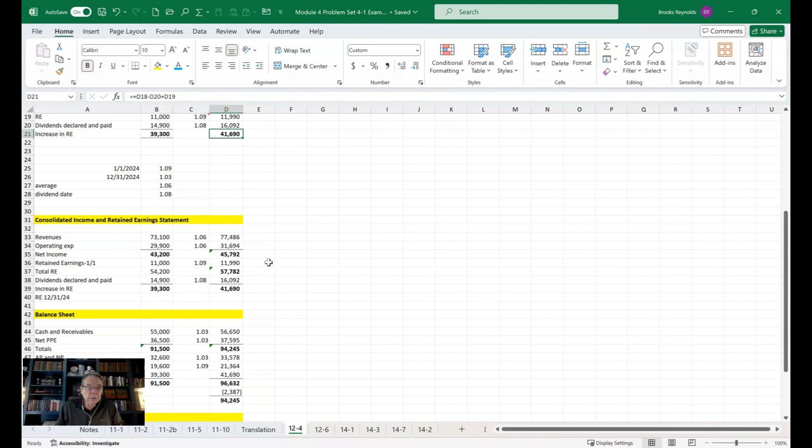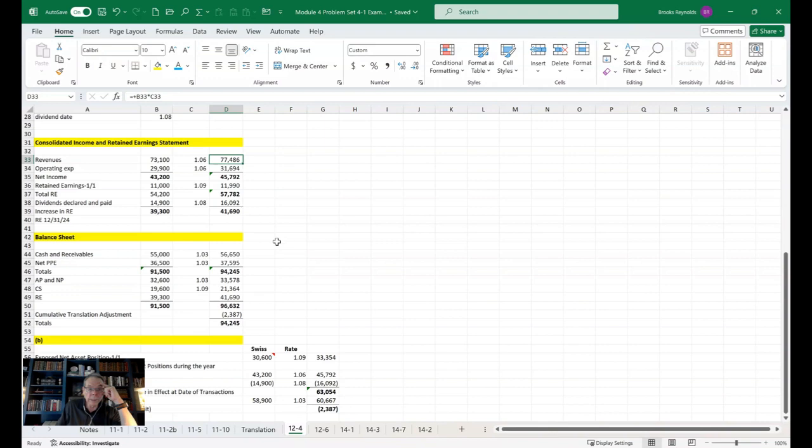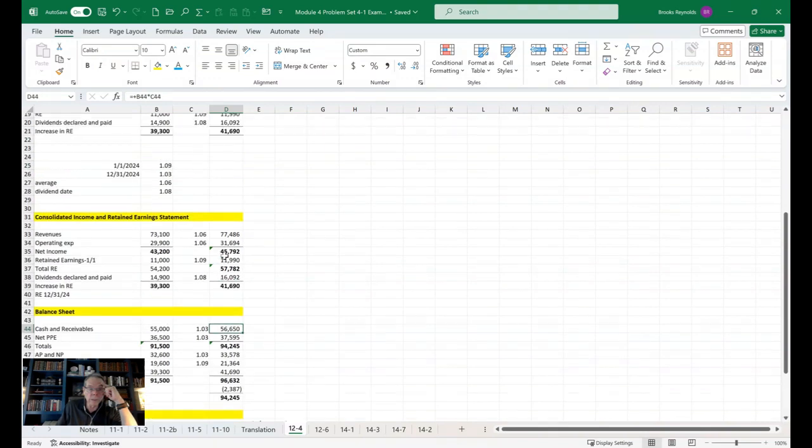All right, so here is the consolidated income and retained earnings statement, which is really pretty much what we just went through, but in a different way. Okay, so here we're going to have total retained earnings minus the dividend declared. But we get the same number, 41,690. Again, all we're doing is multiplying the 6 Swiss francs times this factor, and that's going to give us the dollars. And then for the balance sheet, of course, 1.03